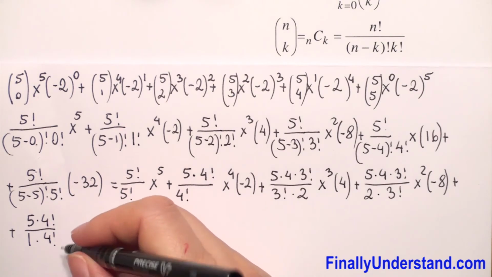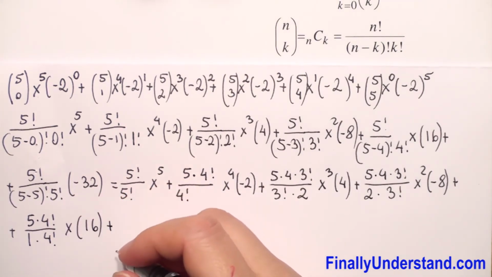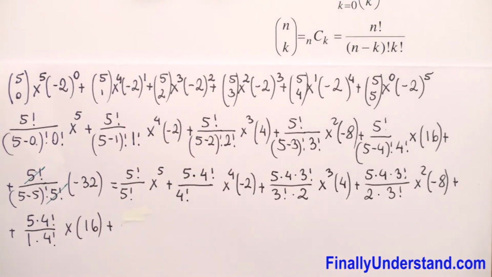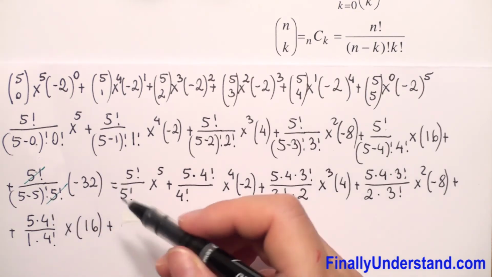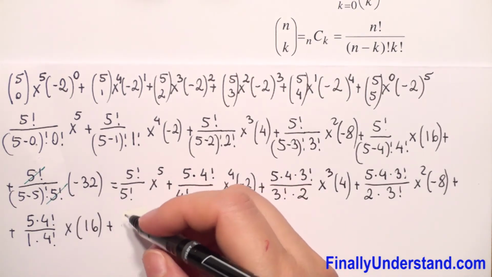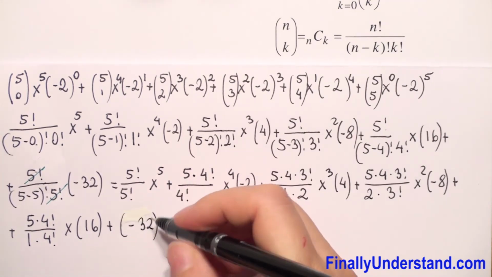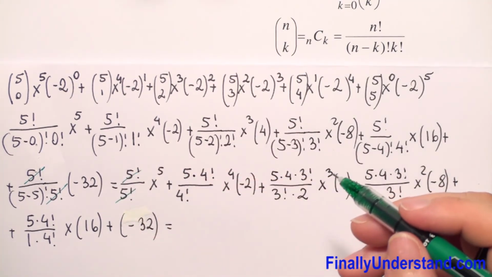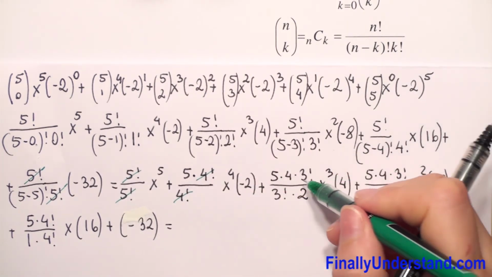4 factorial times x times 16, and we have plus, and we can reduce 5 factorial with 5 factorial, so in the denominator we have only 5 minus 5, so this is 0 factorial. 0 factorial is 1 over 1, so this is 1. 1 times negative 32 is negative 32. So this is equal, now we can reduce 5 factorial with 5 factorial, 4 factorial with 4 factorial, 3 factorial